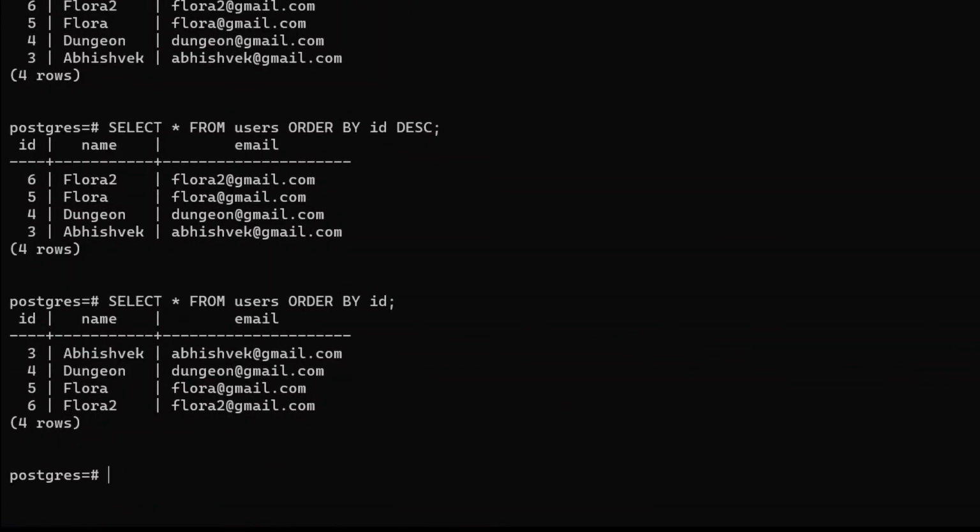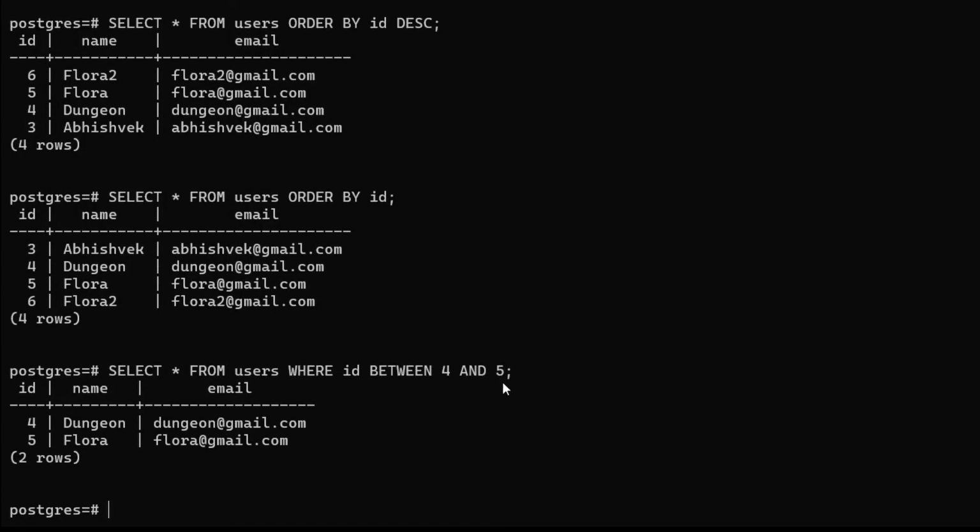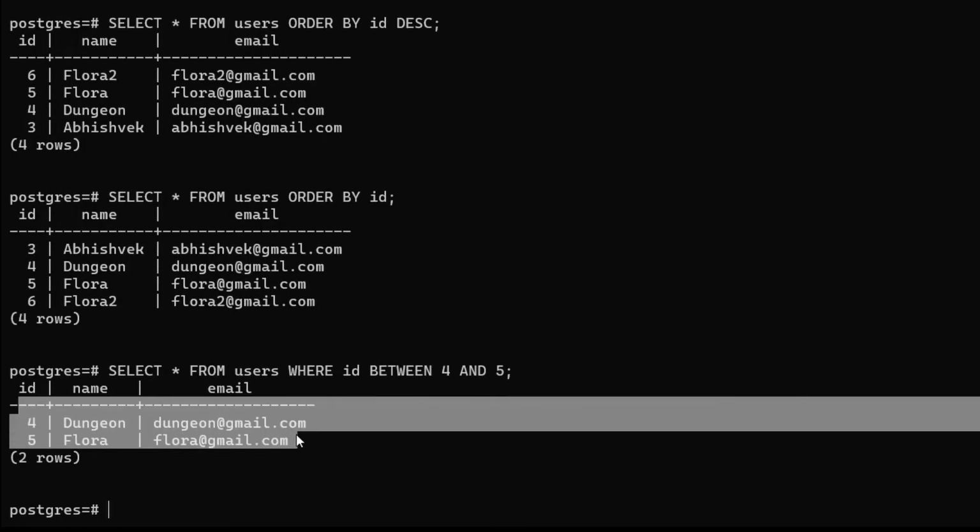So once we have learned what order by is, let's take one more query which is known as between and. Here let's add a new query: select everything from users, and here I will add a condition where the ID should be between the indexes that I will be providing. Let's provide an index of 4, and we should also add the ending index, which will be 5. Press enter after adding a semicolon. Now you can see the result is only for 4 and 5.